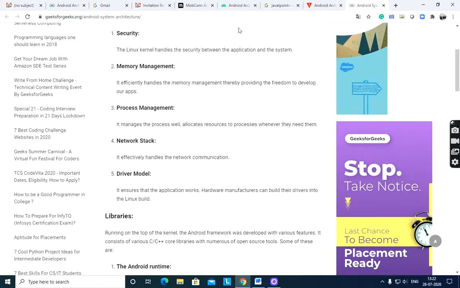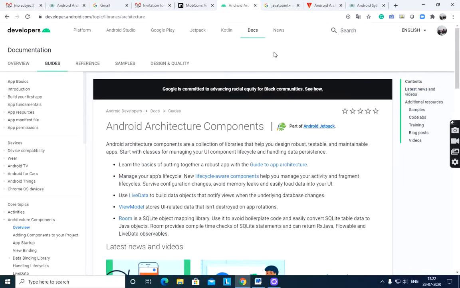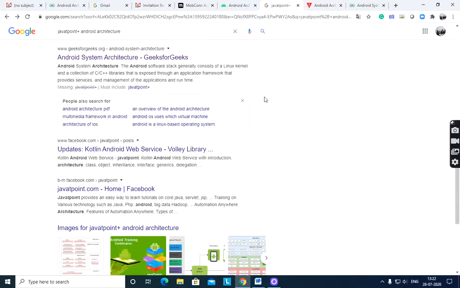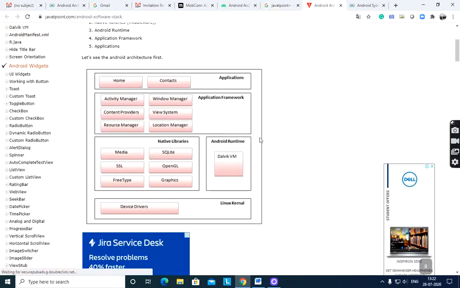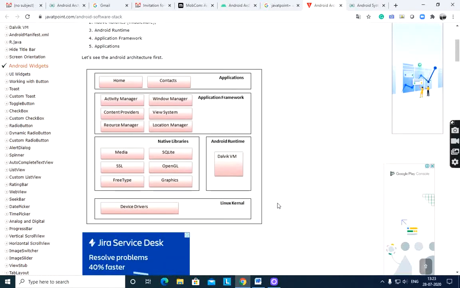The main components of Android architecture are Linux kernel, platform libraries, native libraries, Android runtime, application framework, and the first layer, applications. The first layer, applications, interacts with the user, and the last layer, the Linux kernel, interacts with hardware.